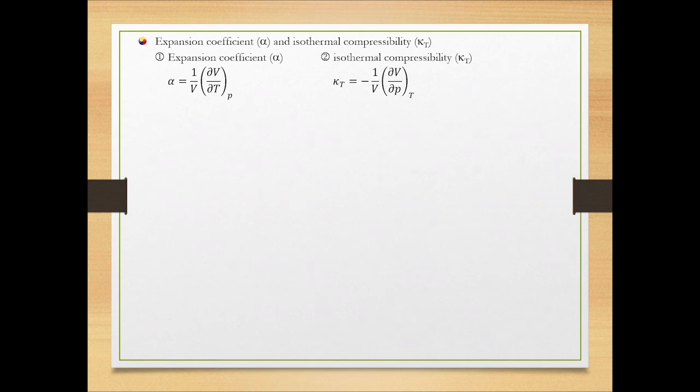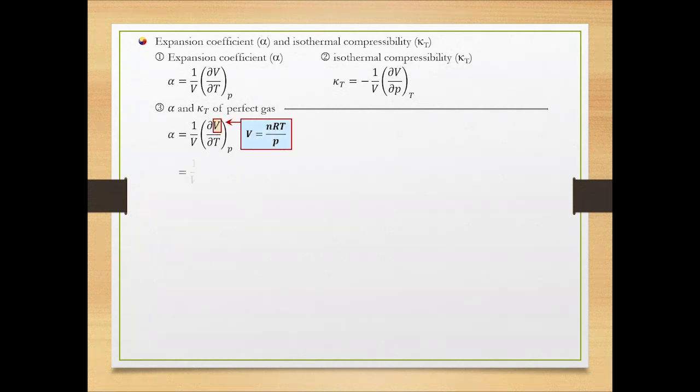The isothermal compressibility is also an important property in many engineering and scientific applications, such as in the design of pressure vessels, compressors, and pipelines. It can also be used to describe the behavior of materials in thermodynamic systems. Now, let's find out the expansion coefficient and the isothermal compressibility of perfect gas.